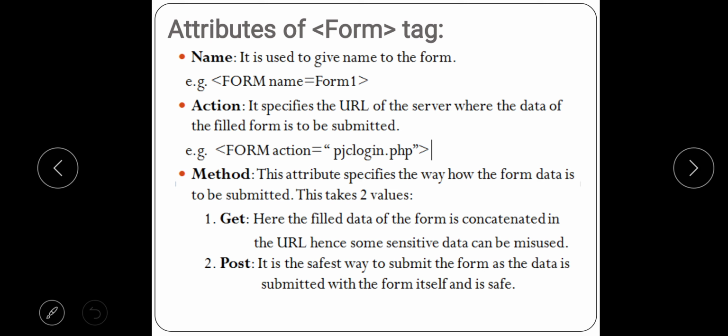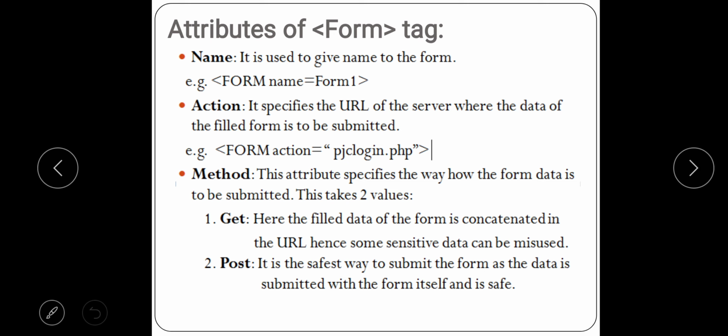Now when it is going to the Gmail server taking all this data, in the URL, in the address bar, you can see all the data you have filled. Means your username will be seen by others, your password will be seen by others, and this can be misused, right? So this method is not a good way. If you have some sensitive data, it is better to use the other method, that is post. So the get method is not supposed to be used if the data you are filling is sensitive or confidential data, right?